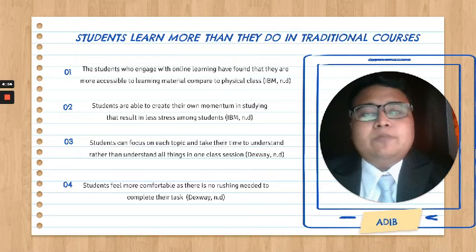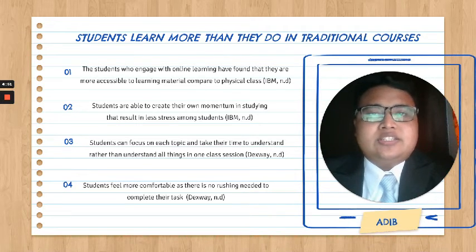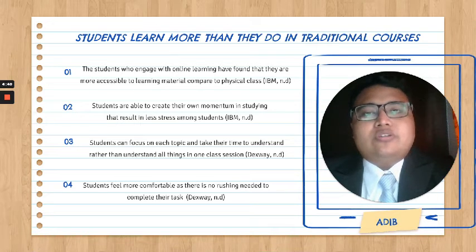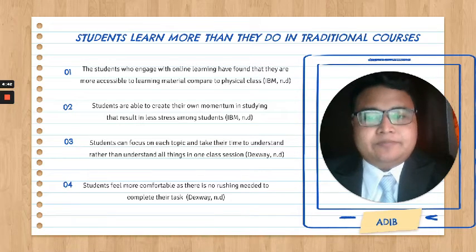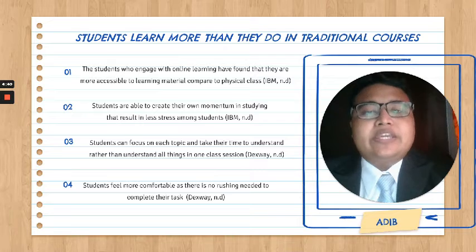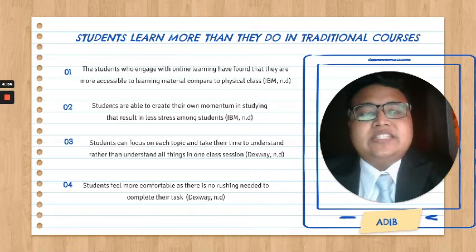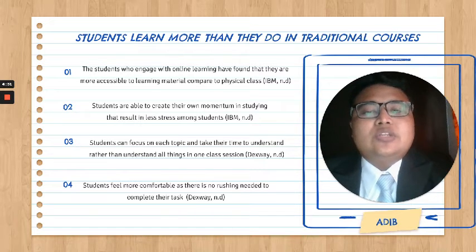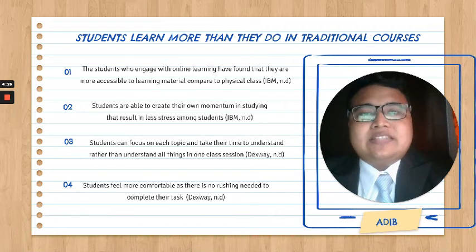Online learning may not be a popular choice among teachers, as they feel more comfortable having a real conversation with their students directly. But it was found that students who engage in online learning have more accessibility to the learning material compared to the physical class, according to IBM. Students can have various learning methods such as video presentations, virtual meetings, more access to online notes, and many more by joining the online learning class. There is a very minimal barrier to learning, as they have various methods and approaches.